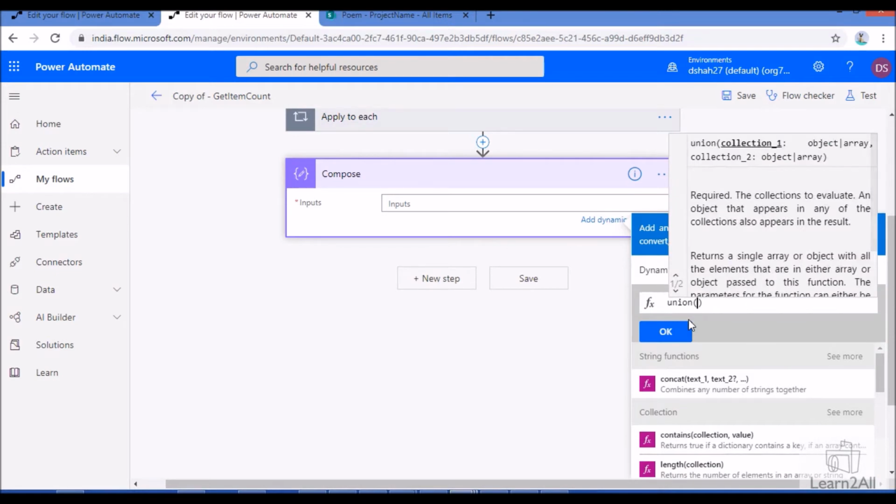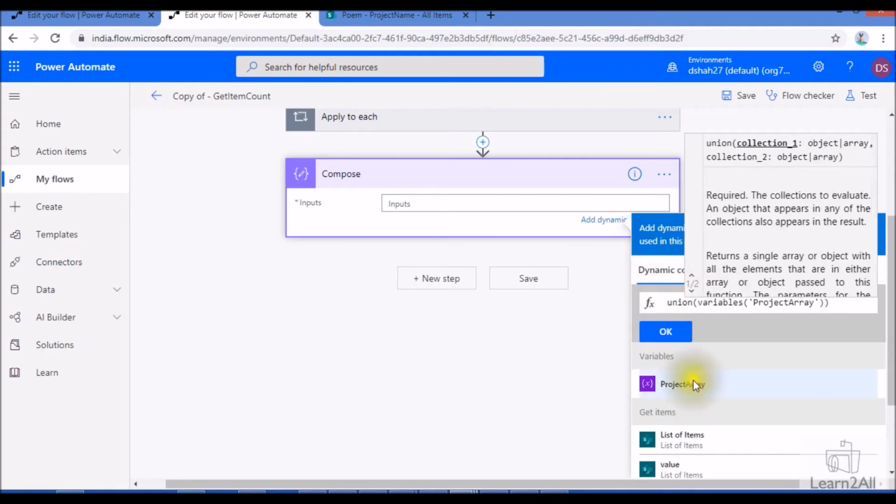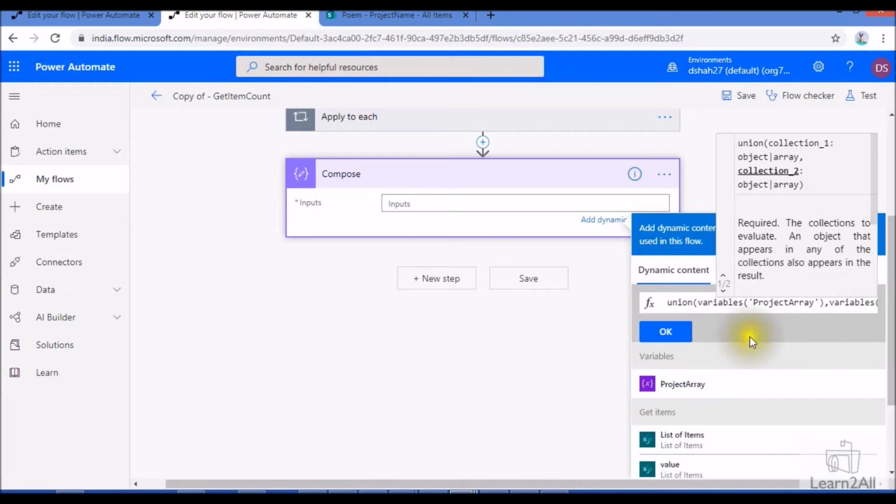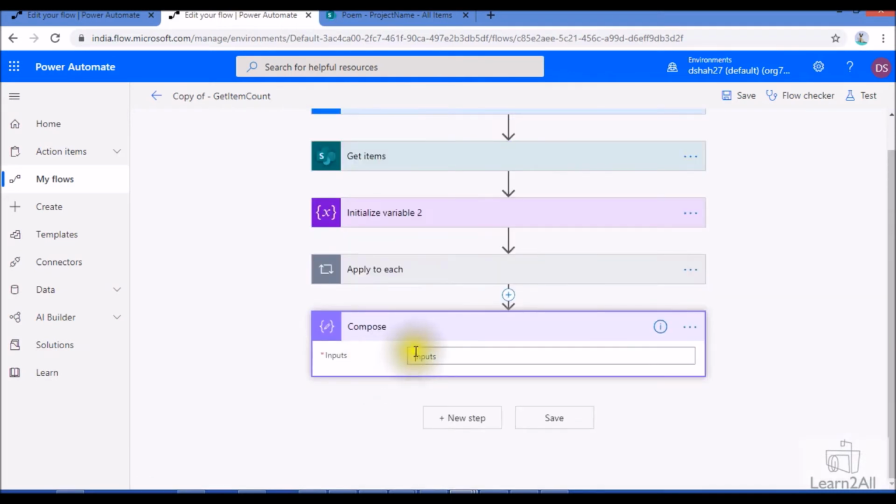What union does is we pass 2 collections. Whatever values we received in the project array, we add here. So first we add union with the variable array, comma, and add the same variable again. This will remove the duplicate values. So I have added the union function here.